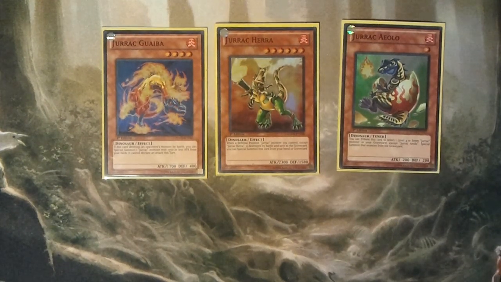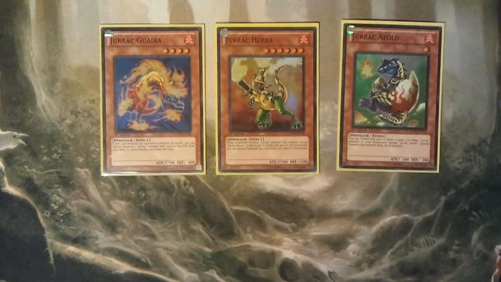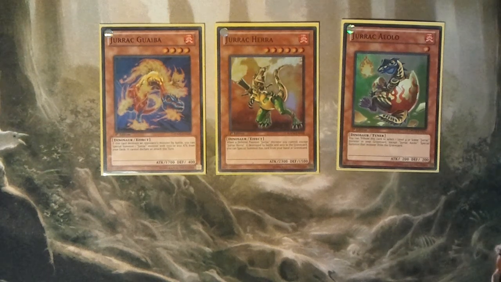Jurracs, even though they are not very strong, have good effects, and some of them still see play today, particularly Guaiba. Guaiba's effect is when he destroys an opponent's monster by battle, you can summon another Jurrac with 1700 or less attack from your deck, and it can't attack that turn. But this became relevant with the release of